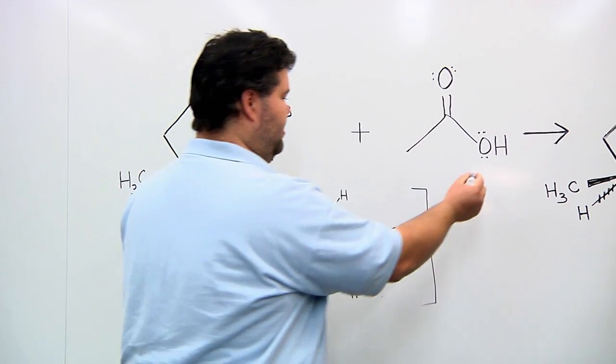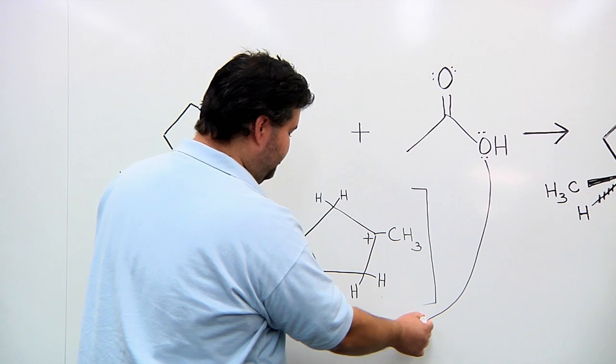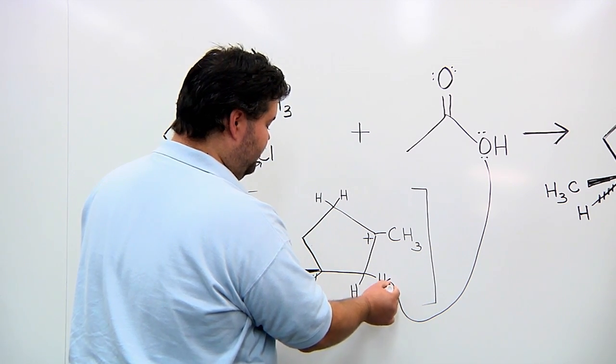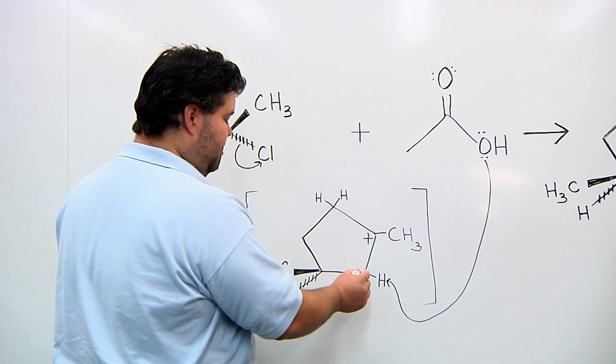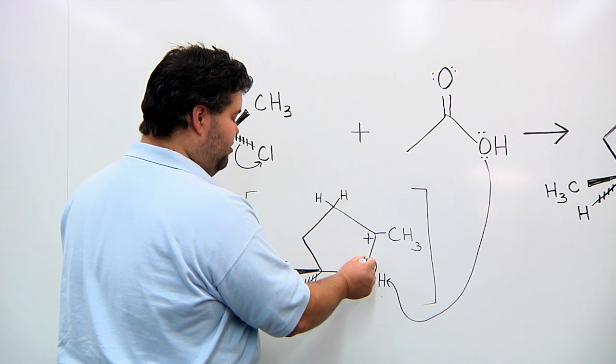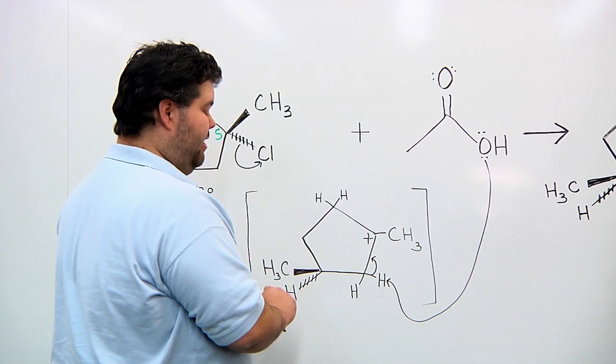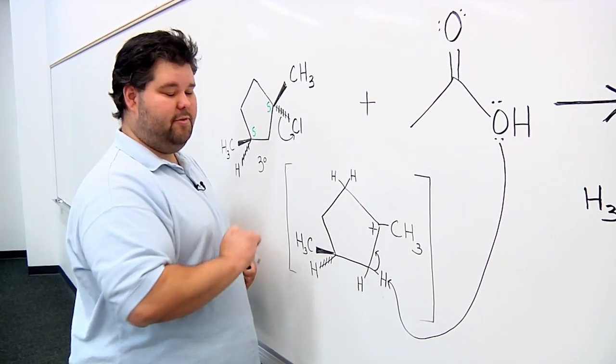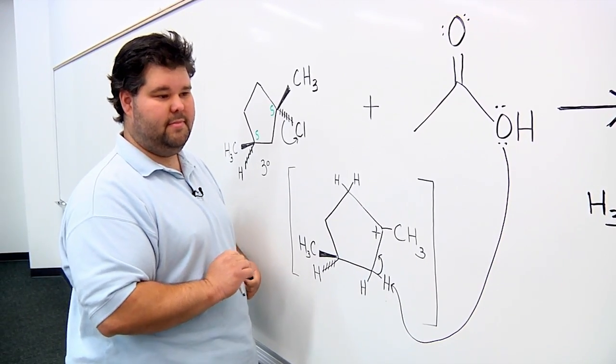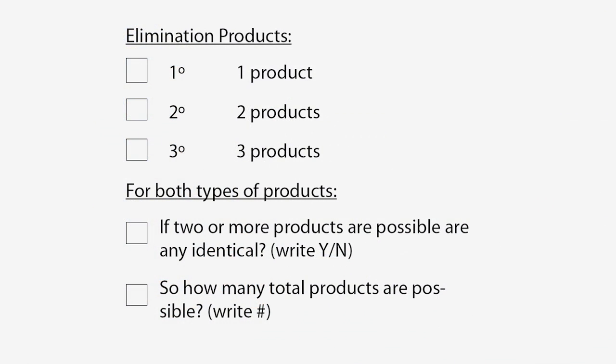So the oxygen uses its electrons and forms a new bond with the hydrogen. The electrons that were in this bond with the hydrogen move over and form a new pi bond between these 2 carbons. This eliminates the carbocation because this now has a full complete octet and 4 bonds. Let's examine the product structures.